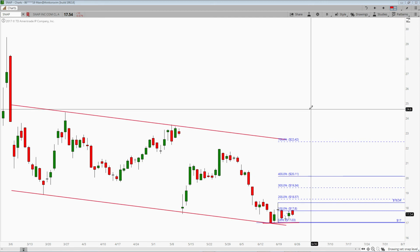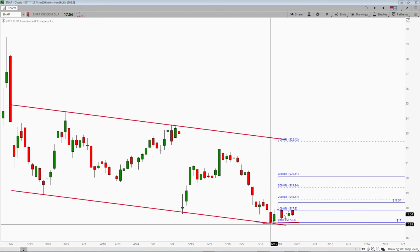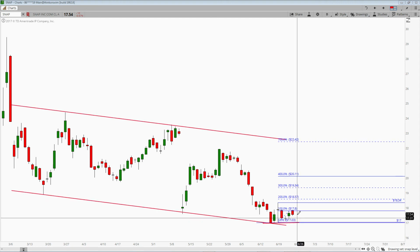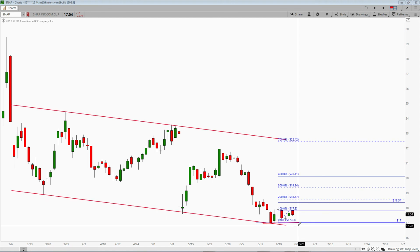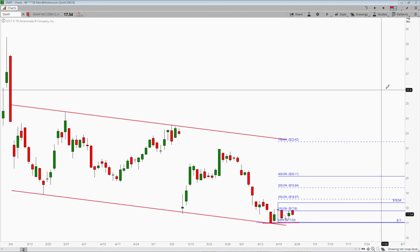Then again, if it comes down and takes out the 17, let's say below this issue price, there's a possibility that it could head lower. So that's the price level to watch for Snap. Then the other one is